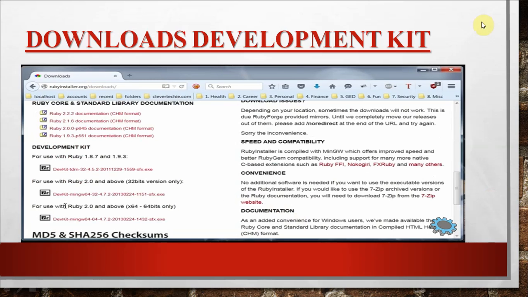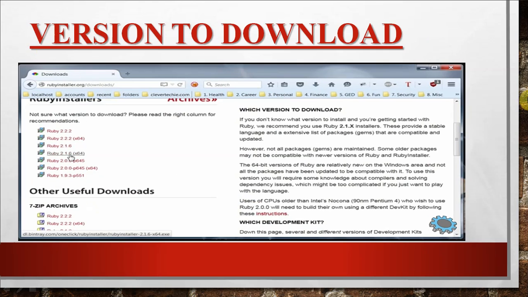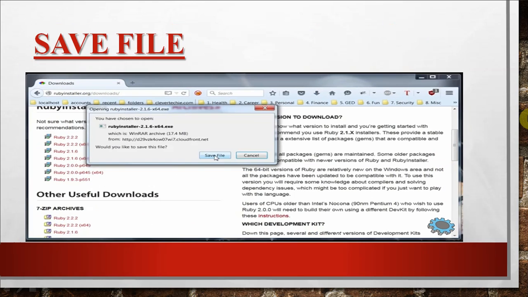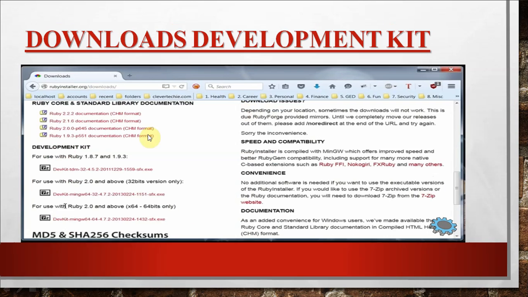Now this is the first step, and in the second step you also have to download the development kit. You can see here in this same window, along with these Ruby software you have the development kit.